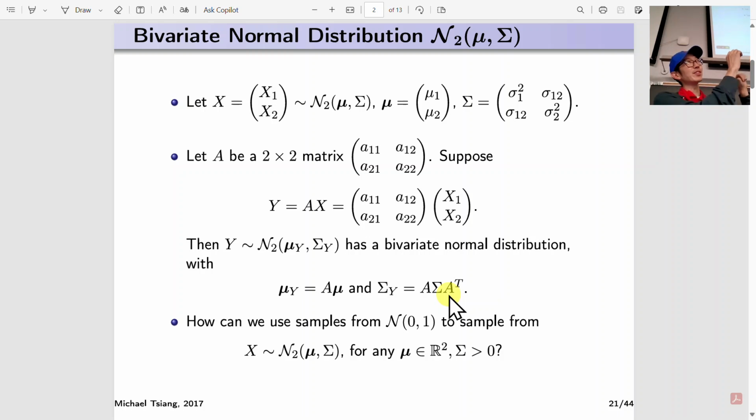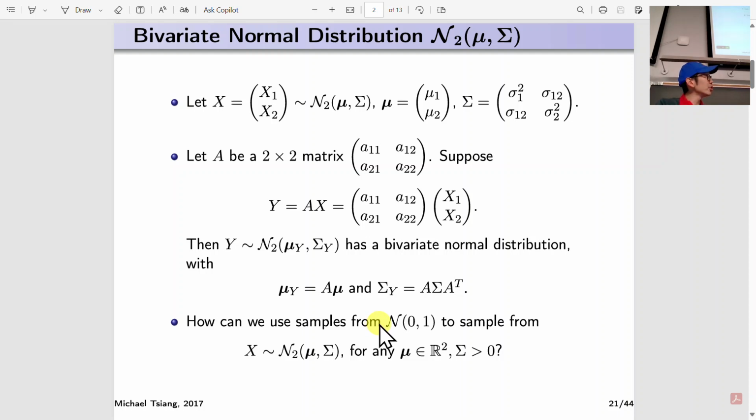Like if you have variance sigma squared and you multiply the random variable by A, you would get A squared sigma squared for your variance. And it's kind of like that, but it's the linear algebra version of multiplying by a square, and you get A times the matrix A transpose. Okay, so